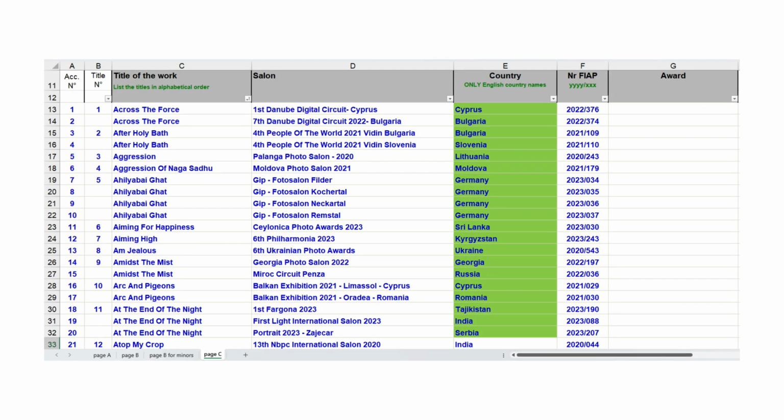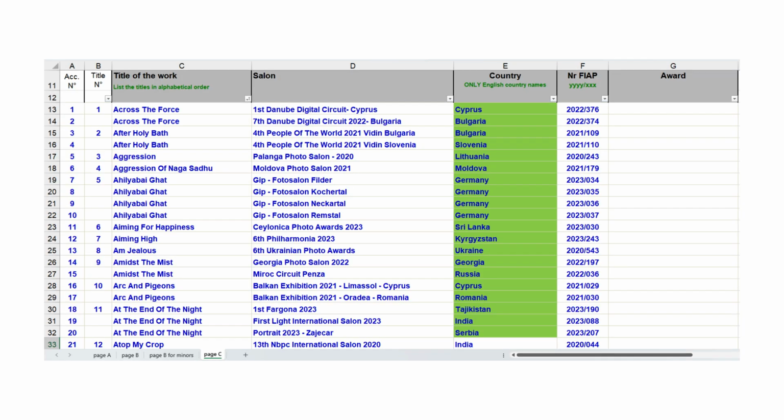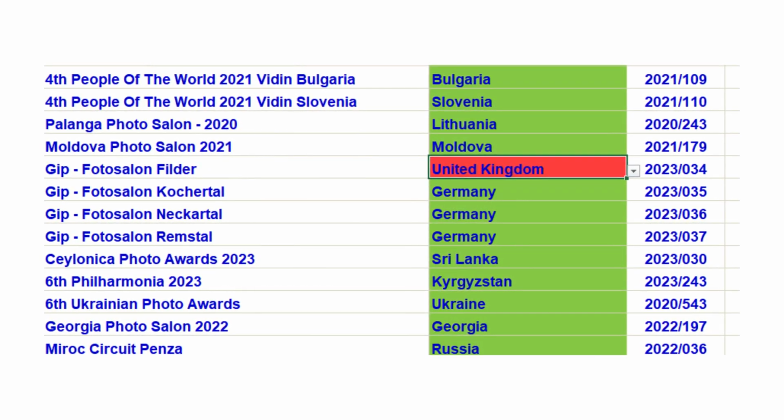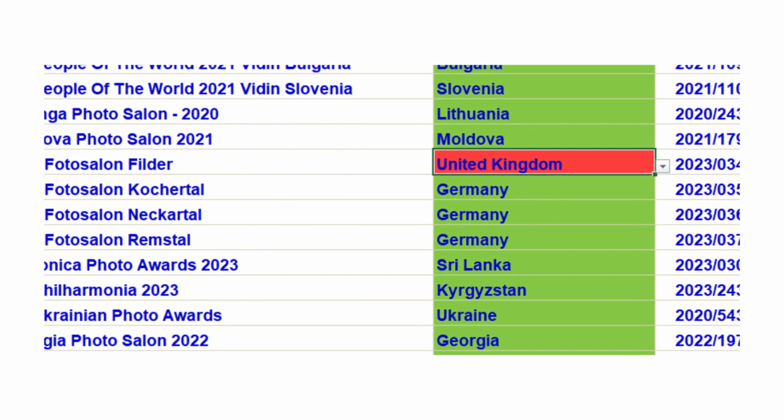In column E, select the country where the salon was held. This must be chosen from the drop-down list of valid country names provided in the sheet. If you paste a value that is not from this list, the cell will turn red. A red cell means the country entry is invalid and must be corrected by selecting the proper name from the